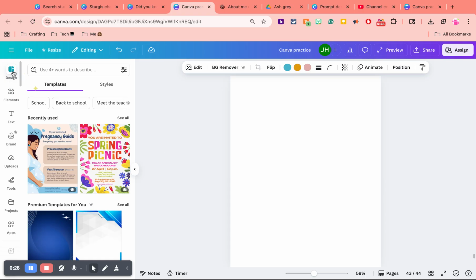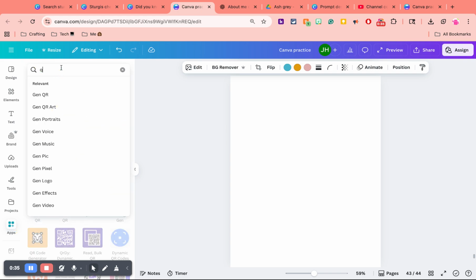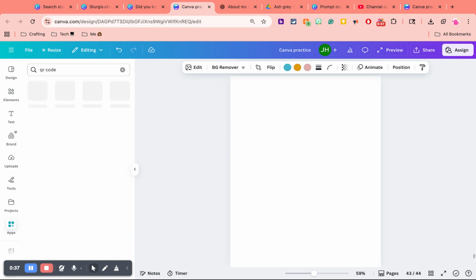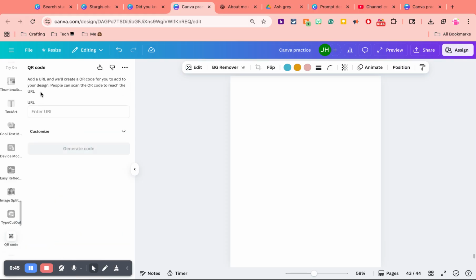So you want to come over here to this left-hand panel and you want to click on apps. And then you want to type in QR code. Several come up, but I'm going to show you the two that I mostly use. You can click on this first one, QR code. It's really simple. You put in the URL where you want it to go. So we'll type in the URL